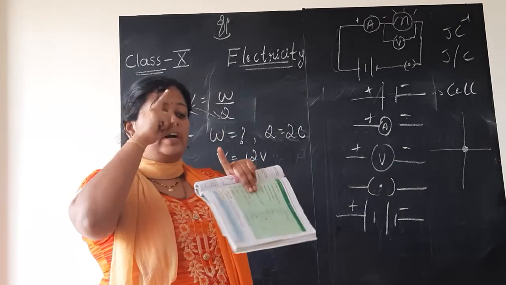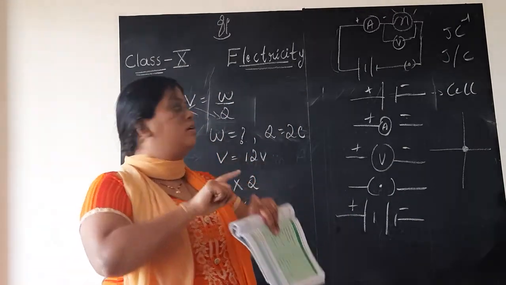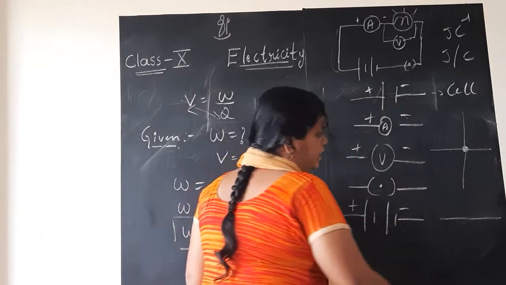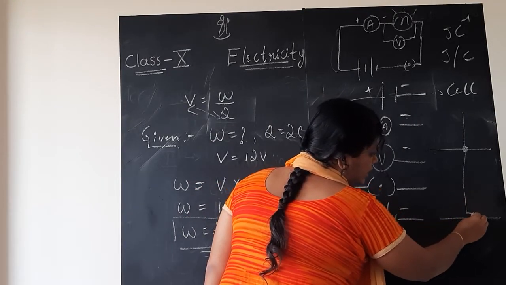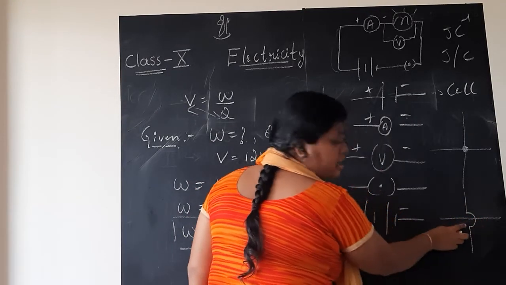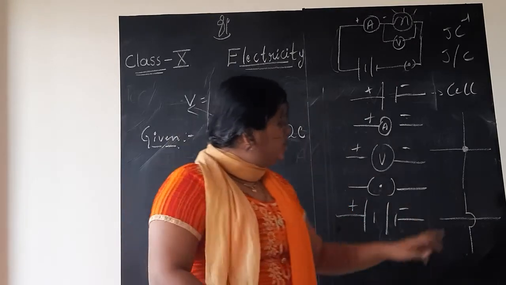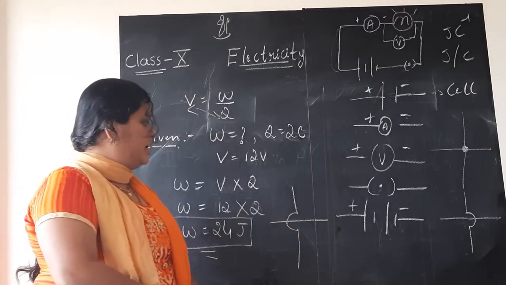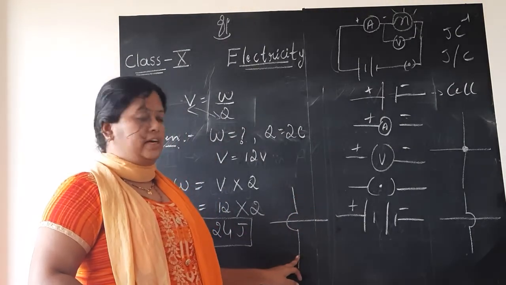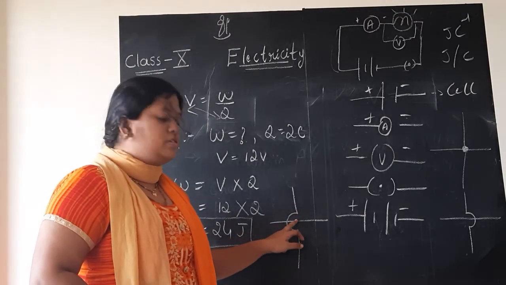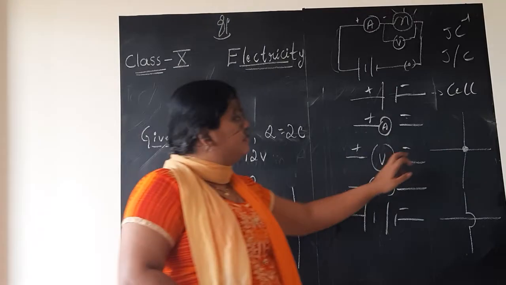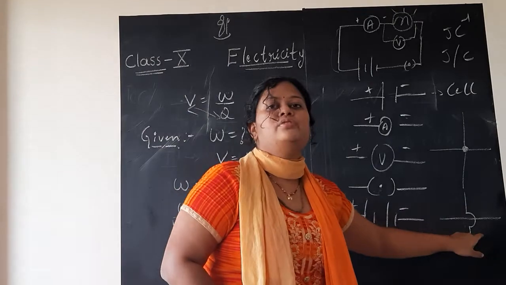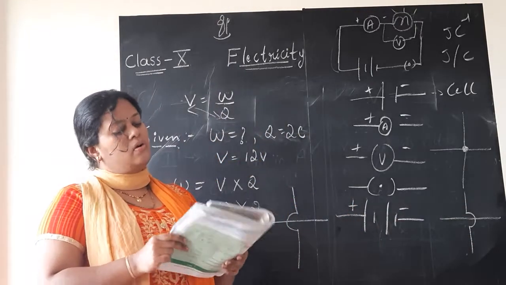If two wires are overlapping but not joining or meeting, how do we represent this? Suppose this horizontal line is one wire, and one more vertical wire is crossing it. Just give a curve and draw a line like this. Either way you can write. This represents a horizontal wire and a vertical wire, both there. If two wires are meeting, we use a junction point like this. If they are not meeting, then this curve should be used to represent that the wires are not coinciding or meeting with each other.